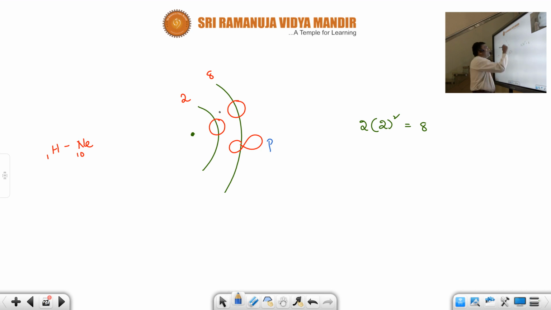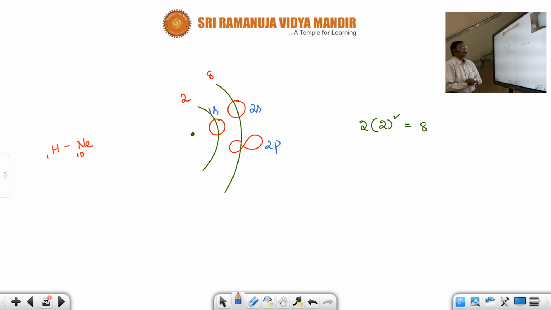So here this is the s orbital in the first shell, and here the s orbital and p orbital. So that means this is nothing but 2s, because the second s orbital is present, right? So it is called 2s. I can write here this is 2s, this is 2p. Similarly, this is 1s. I hope you understood.